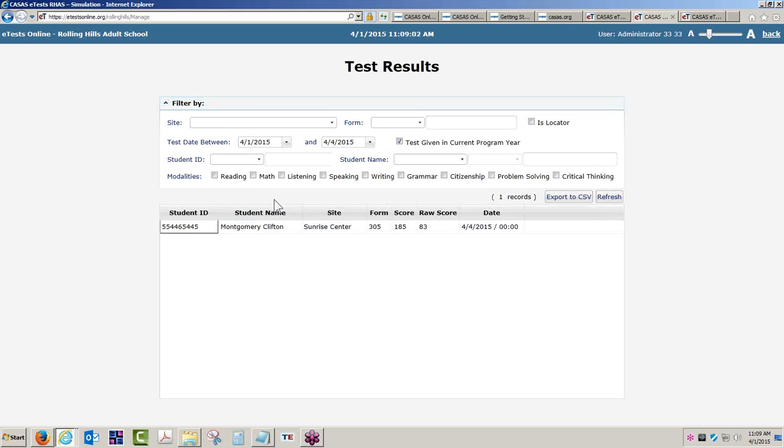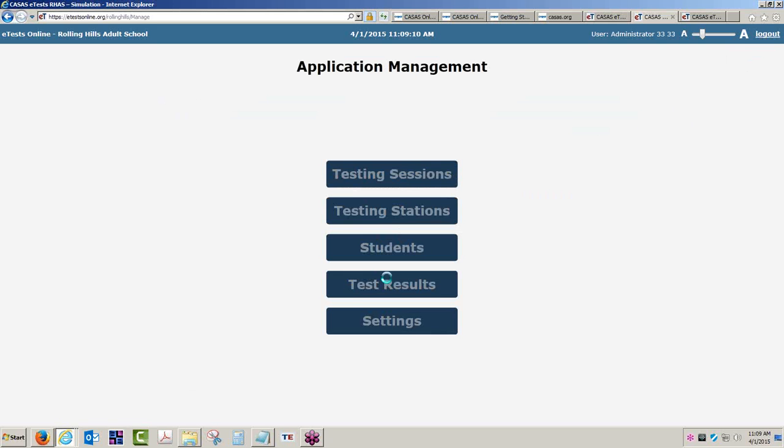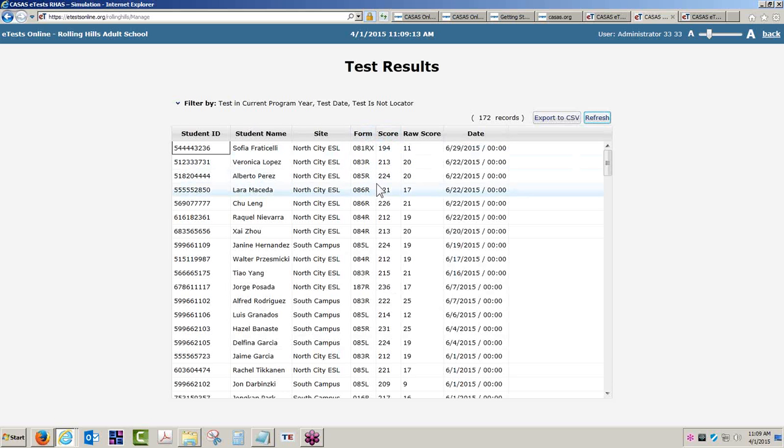Well, actually, I take that back. It's not just CASAS eTest Online, so I need to correct myself on that. This test lister, and I'm going to refresh it by getting out and going back in, is a list of test records of all tests added to your online database. This includes paper-based tests, imported test records from, say, the CASAS eTest desktop application or an external source, as well as tests administered through CASAS eTest. So, in a nutshell, this provides you quick access to the database shared with TOPS Pro Enterprise, listing all test